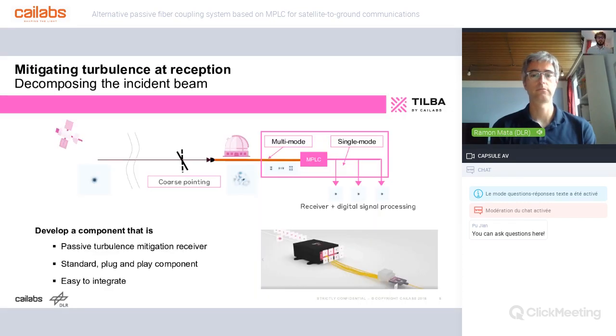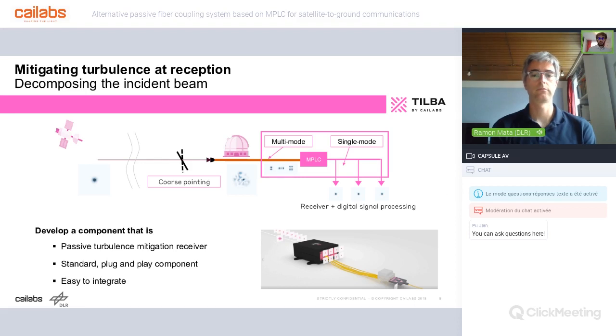In practice, we implement it like this. So it's really what we want to do and what we are developing. We have a nice Gaussian beam at the input. It's perturbed by the atmosphere. You have a pointing mirror. Then you have a perturbed beam that we receive at the input of the multimode fiber. You decompose it into a limited number of modes, Hermite-Gaussian modes, for example. And then we decompose it thanks to the MPLC. We do spatial demultiplexing, send each mode to a single mode fiber.